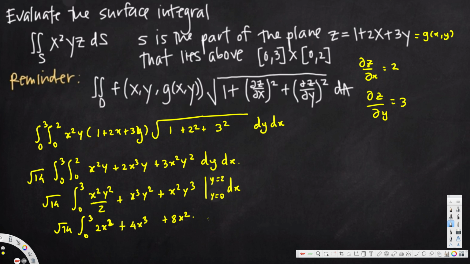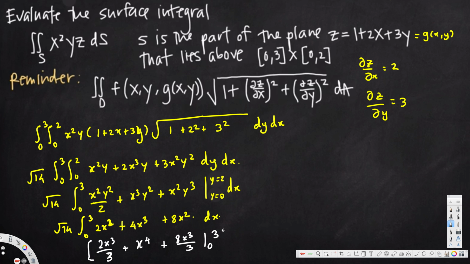Now let's go ahead and do that, and if we plug 0, everything is going to be 0. We don't have to do that part because you can see this one is going to become 0, this one is going to become 0, this is also going to become 0, so we don't have to do that part. Now let's go ahead and do the integration with respect to x. If you do that, this is going to become 2x cubed divided by 3, and the next one is going to become 4x to the power 4 divided by 4. The 4s cancel each other, so we are going to have x to the power 4, and this is going to become 8x cubed divided by 3. Okay, 8x cubed divided by 3, that's going from 0 to 3,